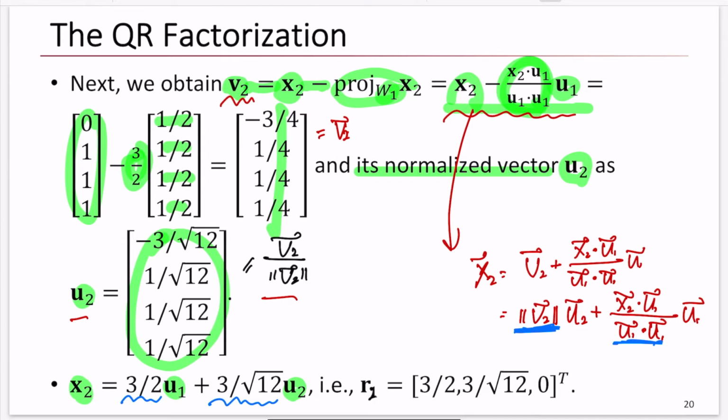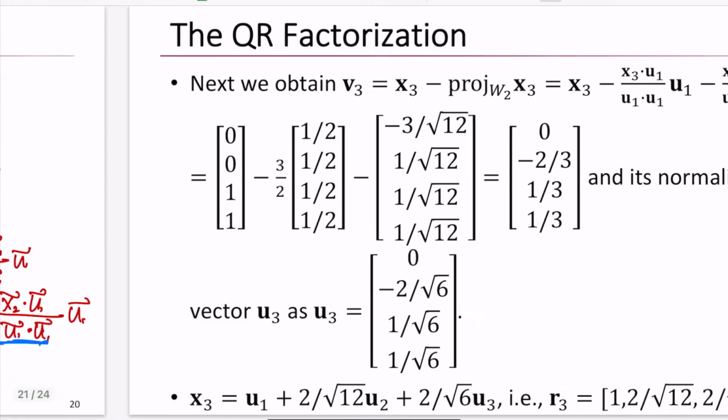So this is R2, the second column in matrix R. It's going to be the 3 over 2 from here, 3 over square root of 2, and 0. This is R2, right? Similarly,